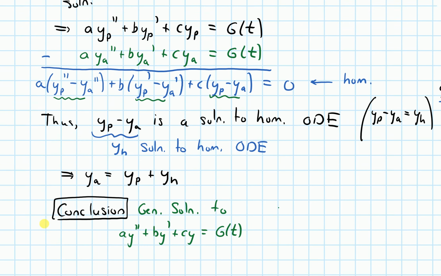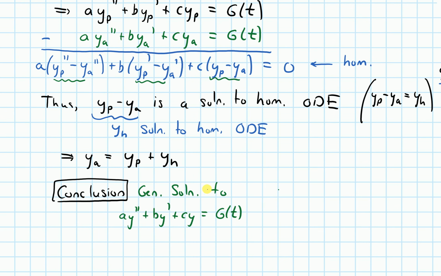So the conclusion now is the general solution to our non-homogeneous differential equation will look like what y sub a does. Y sub a was some arbitrary solution. So the general solution has the form that y sub a does. It'll look like, I'm just going to call it y to make it general, y is going to be equal to y sub p plus y sub h,